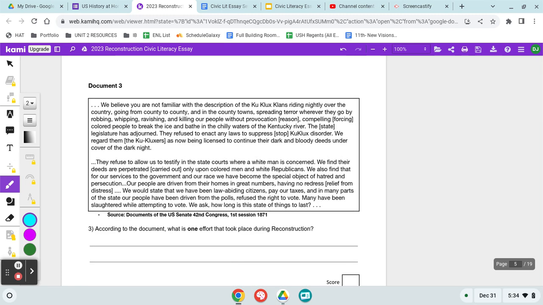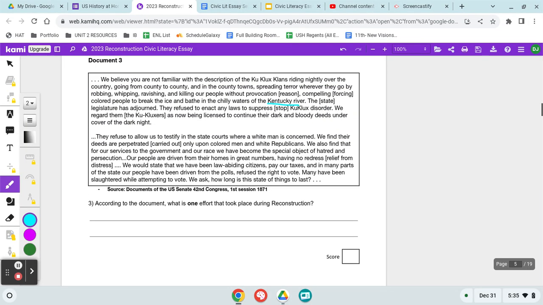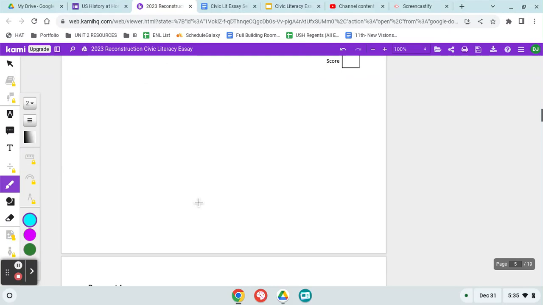If you have some outside information on prior events, what was going on in the South before 1871 and before these events in this document, the prior events is great outside information, right? Virginia, Kentucky resolution, maybe anyone? These are all just examples. So outside information can be about the Constitution, constitutional principles, the way the government works, also names, prior events, future